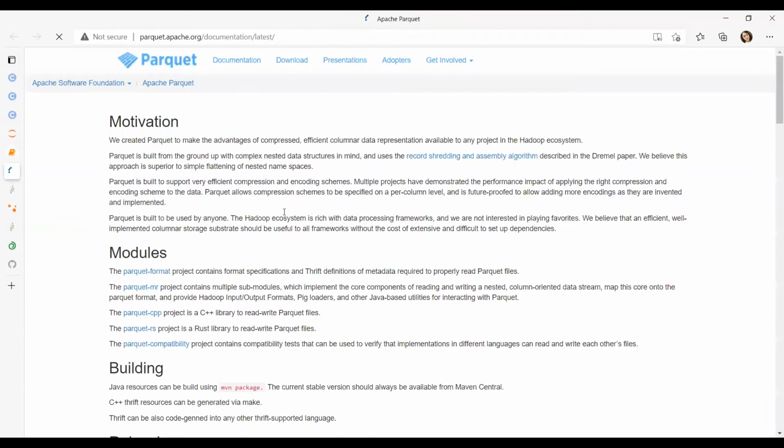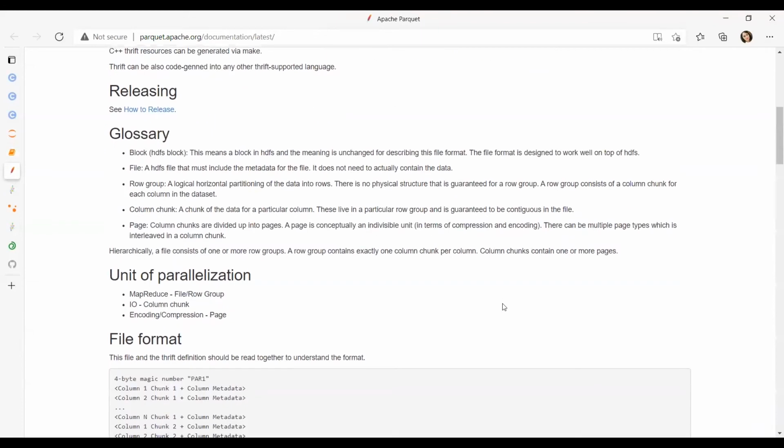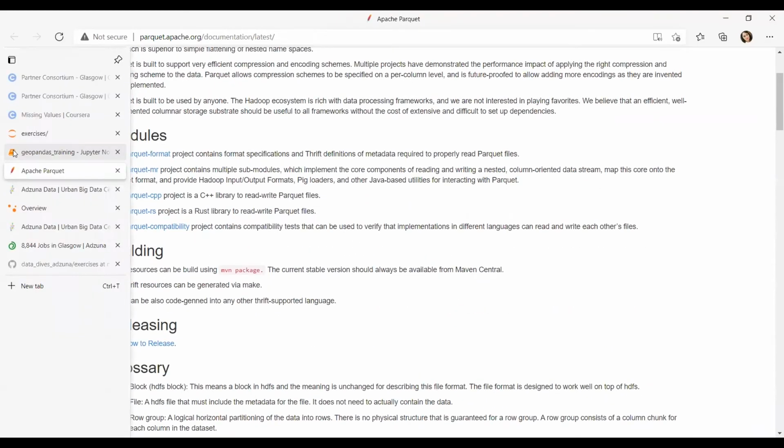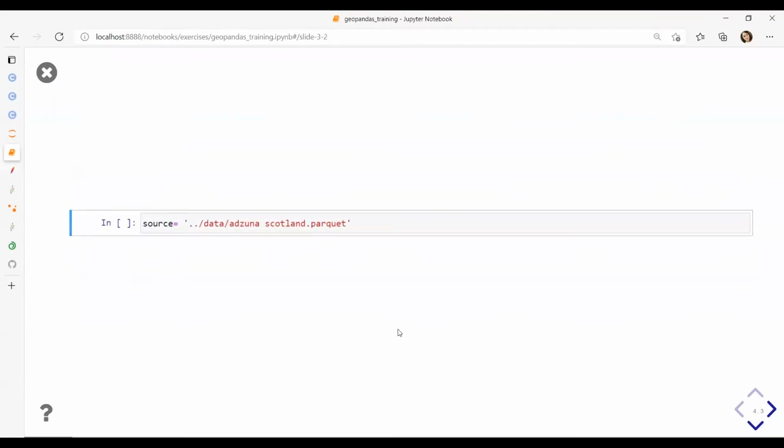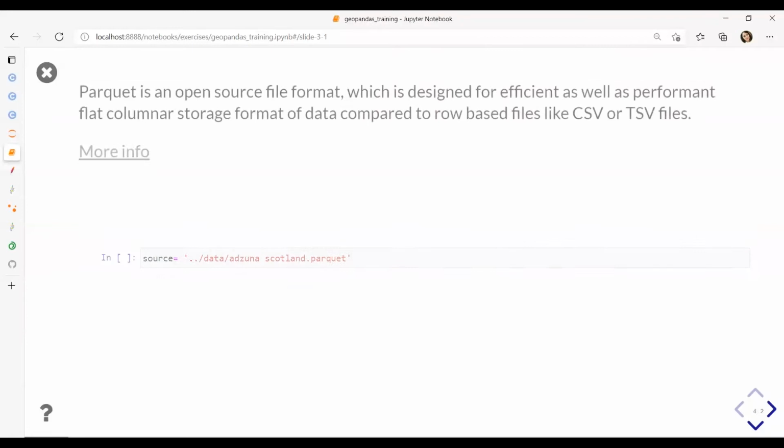And I have included more information about how it works, its specification, and other things. In this lab, we are using it because of the size of the data. It was just more convenient to pack it in a Parquet and share it with you. Let's load it.